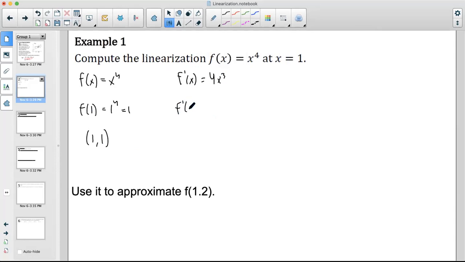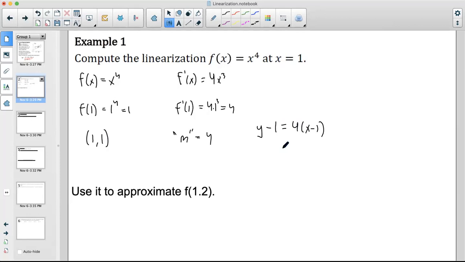And f prime at 1 is 4 times 1 cubed, which is 4. So m, so to speak, the slope, is 4. And so now we can write the curve. We would write it like this: y minus y1, y minus 1 equals m, which is 4, times x minus 1. I just plugged in x1, y1, and